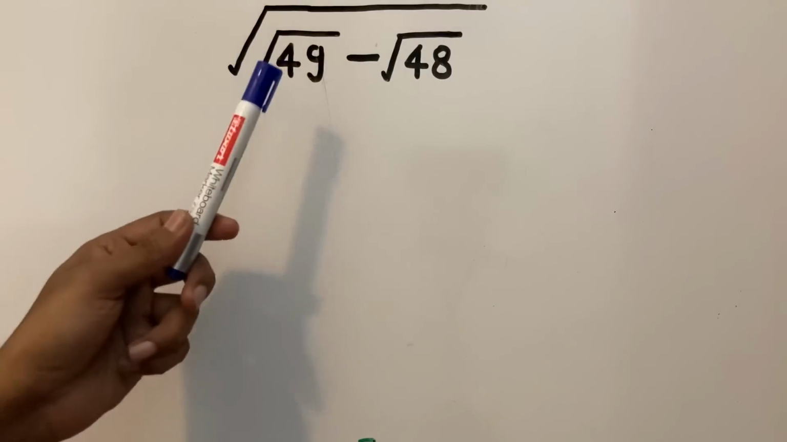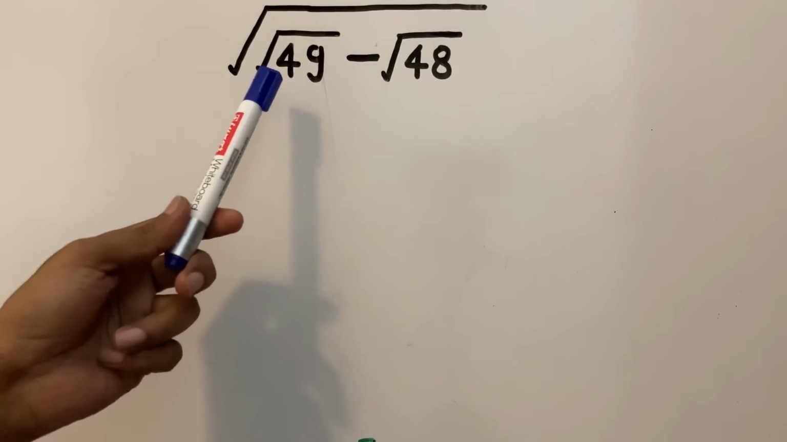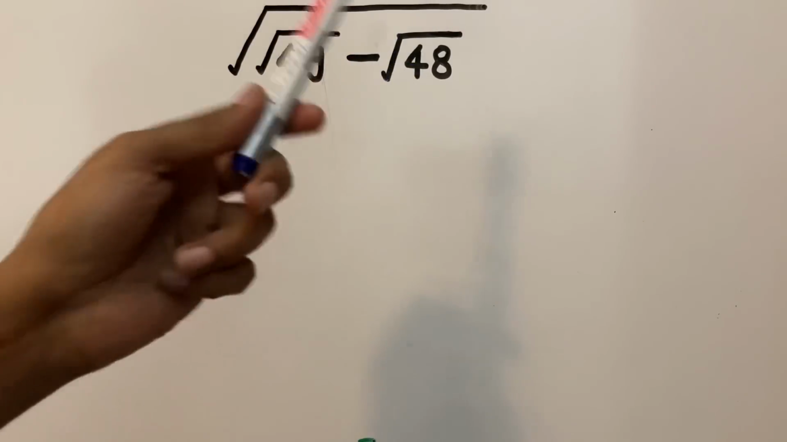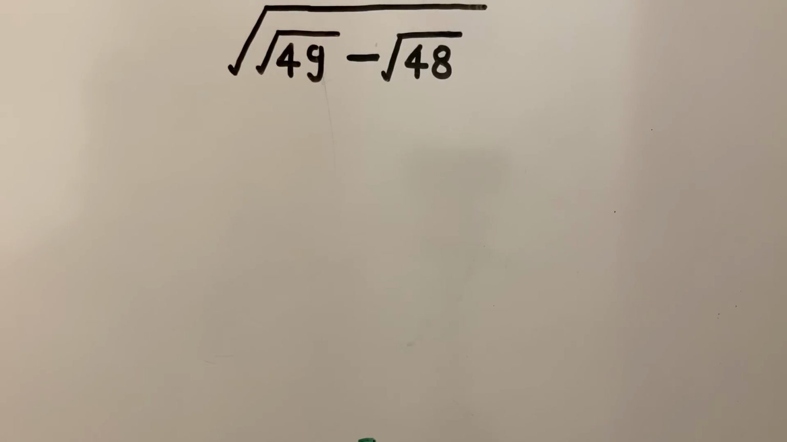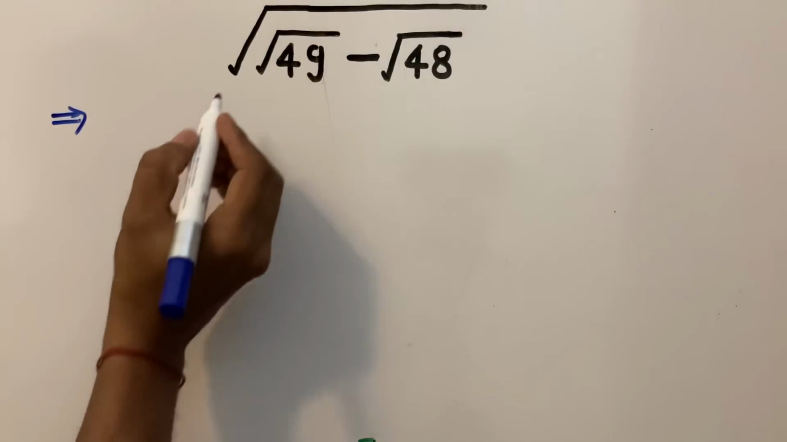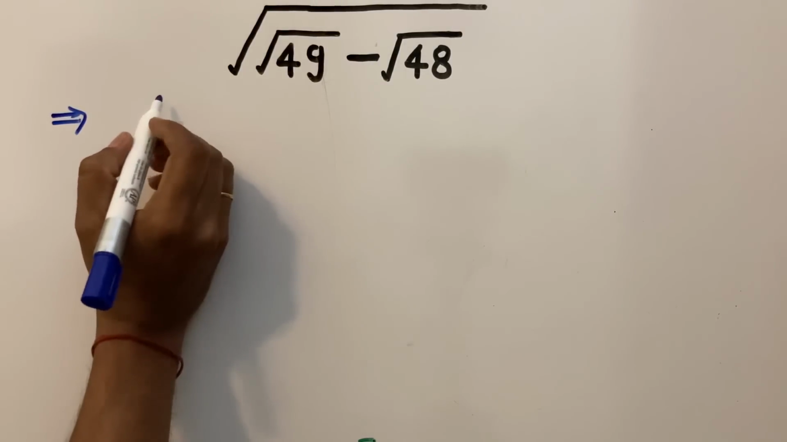This is a typical square root problem where one number has an absolute square root value while the other doesn't. So let's see how to solve it. 49 is equal to 7 to the power 2, so this can be written as